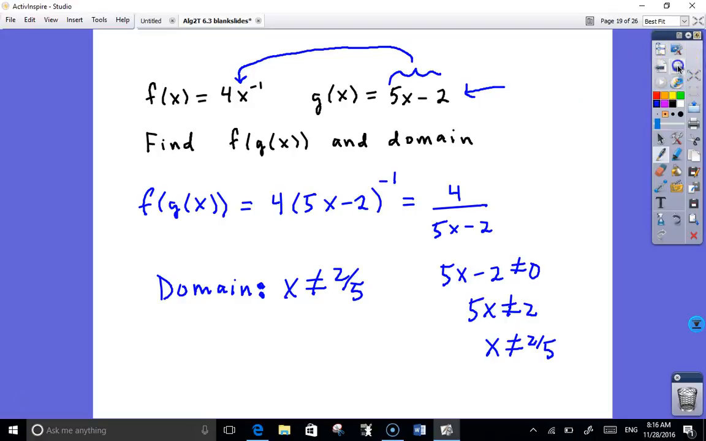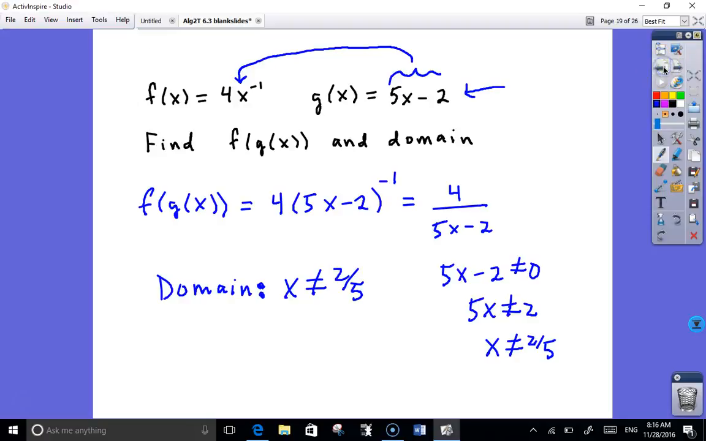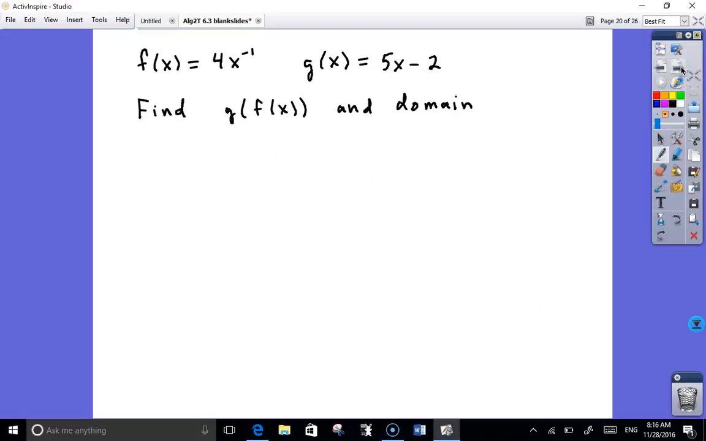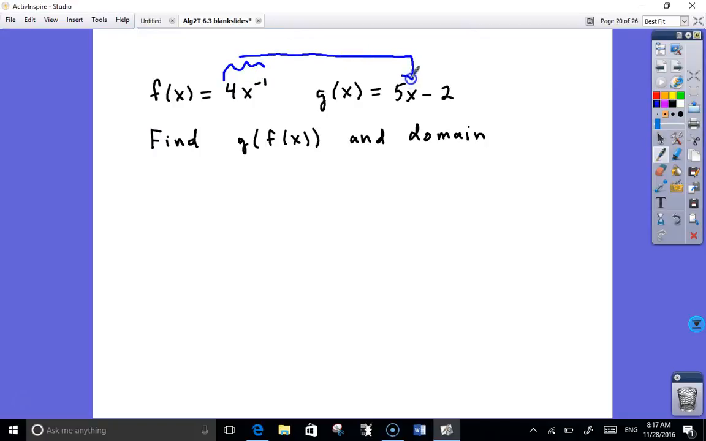Ready? So, did I skip one? Seems like I skipped one. Okay, now we're going to find g of f of x. And these are the same two functions, right? This time I have to take the f and make it the inner function. So I've got to take this and put it in the place of x right there. So g of f of x